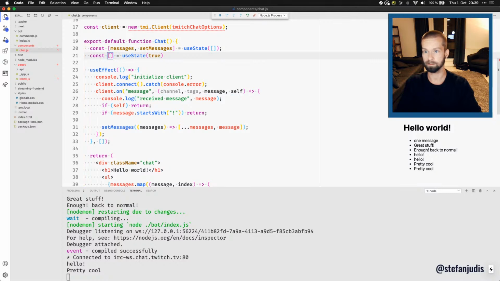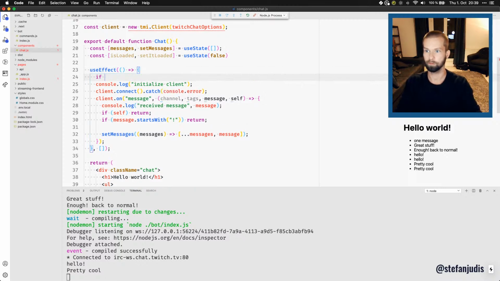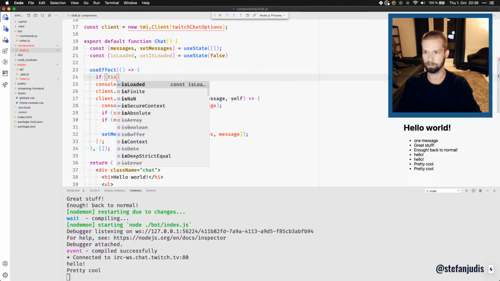So let's just say useState false, and this gives us isLoaded maybe, and setIsLoaded. And we give it a false initially, and then inside of this effect hook, we say if not isLoaded,